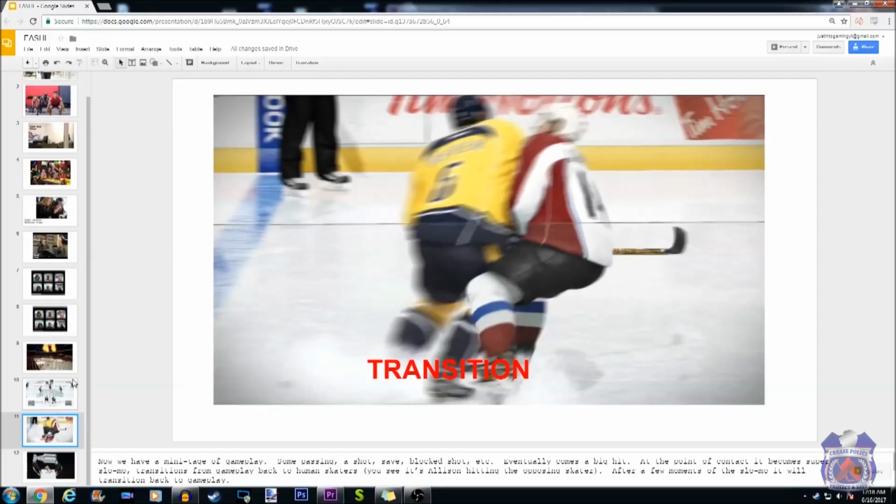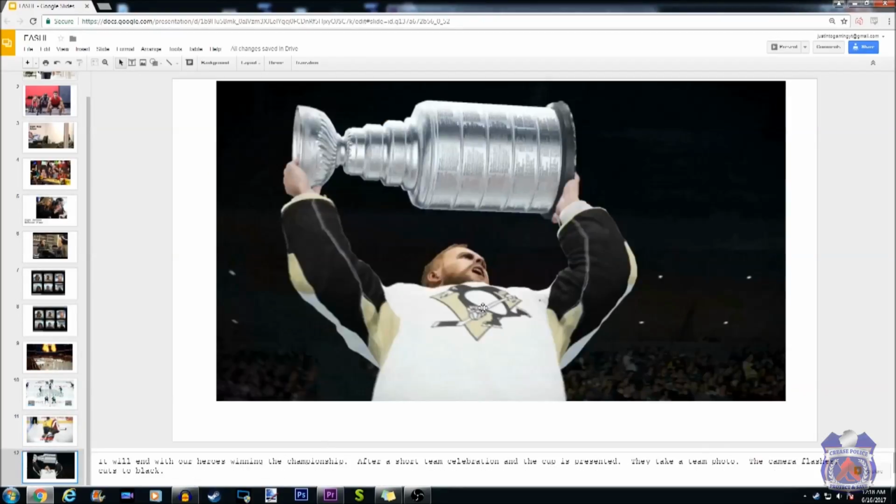The usual highlights. Doc is getting very excited. The goalie makes a huge save as the buzzer expires, the final horn goes to win the game. Our heroes have won, they are victorious. Now this part right here could start off as the video game, and then when they pose for their pictures, the picture comes and it's actually the real life, the live action people posing for that picture. And it is to emphasize that yes, it's a video game, it's about hockey, but it's also about us,